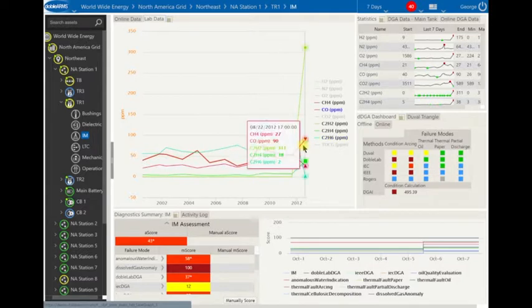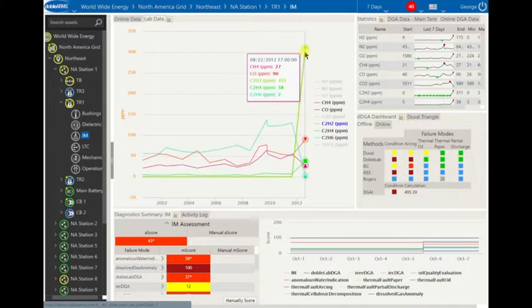Look at the lab data in particular. You can see an event did happen, where the acetylene jumped to an alarmingly high value of 311 parts per million. This is a decision point where my team and I have to determine what to do next with this